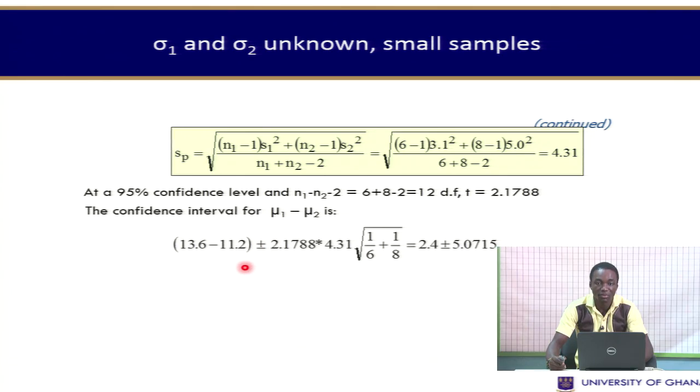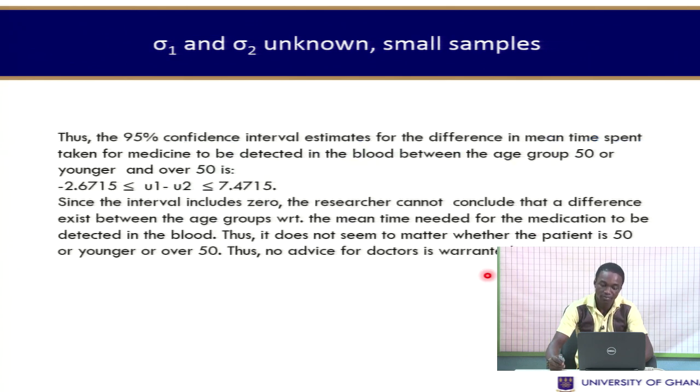we have that the confidence interval will be given as the difference between the means, 13.6 minus 11.2, plus or minus the critical t value multiplied by the pooled standard deviation times the square root of the sum of the reciprocals of the sample sizes. That gives us a margin of 5.0715 minutes. That is to say that the 95% confidence interval estimate for the difference in mean time taken for the medicine to be detected in the blood between the age group of 50 years or younger and over 50 years is negative 2.67 minutes